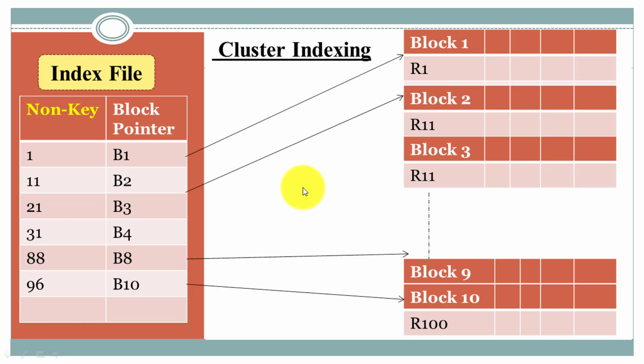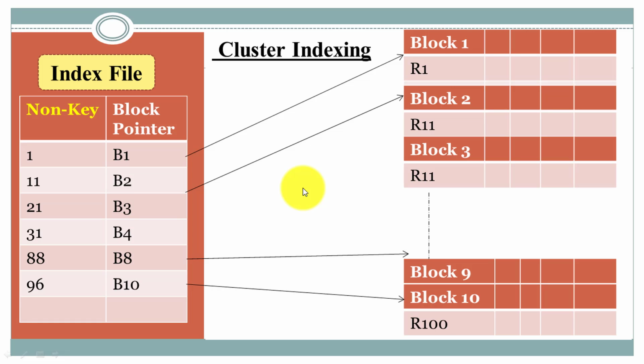Now there is one more important point of cluster indexing: it satisfies both indexing types, so it can follow sparse index and dense index. Now what are sparse and dense index? We have already discussed this in a previous video. Here is how cluster indexing follows sparse indexing. What is meant by sparse index? If the main file is sorted and the index file is not allowed to make an entry for every record, containing only a few attributes, it is called a sparse index.